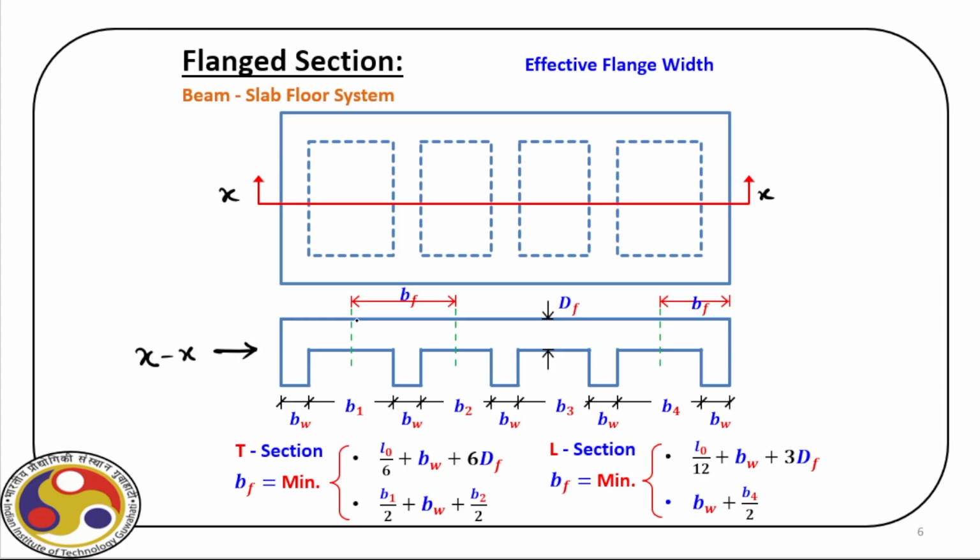And then you can see we have the distance B1 between two supports, that is the clear distance, and B web. Then ideally speaking, this B1 and then B2, which is the clear distance of the next span, and then B3, B4, this may be equal, may not be equal. For the time being, if we assume that they are equal, then for this T section,